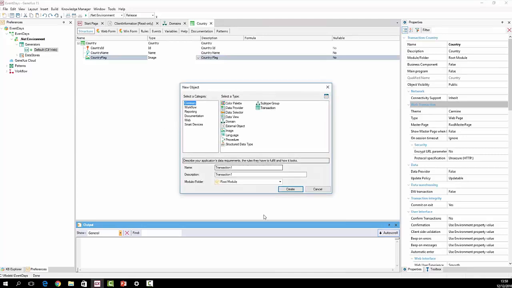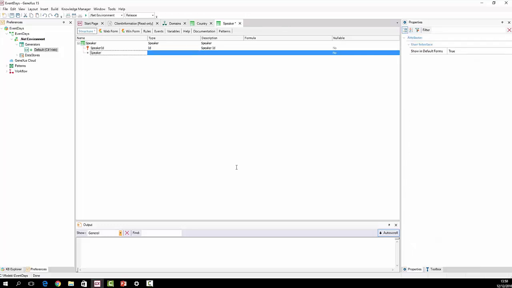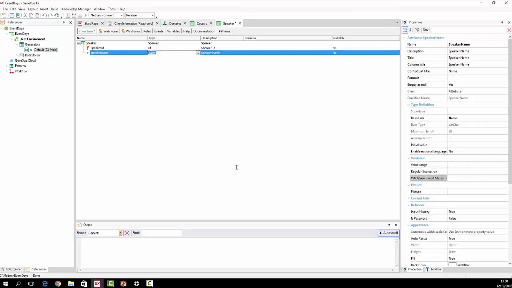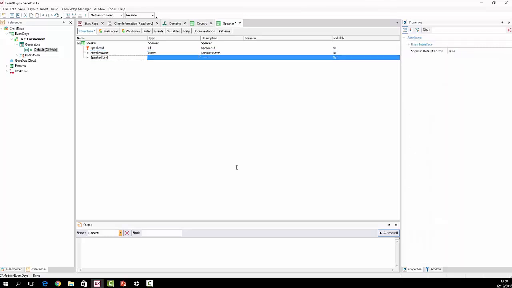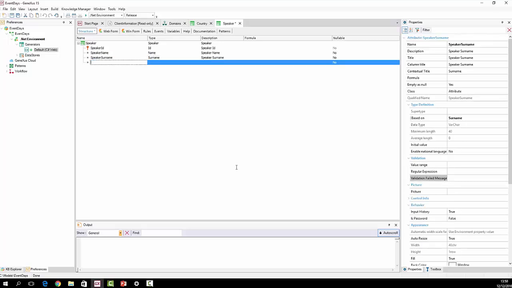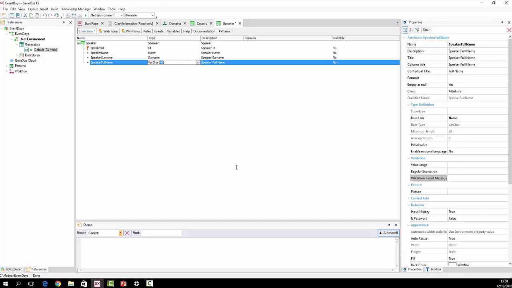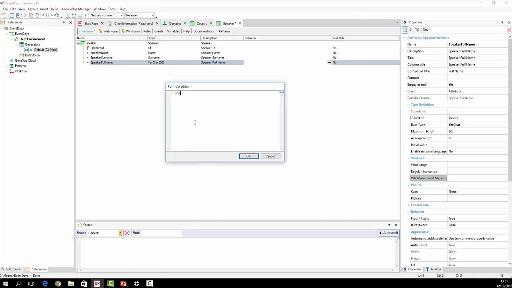Next, we will create another transaction, the speaker transaction, to record the speakers of our event. Speaker ID identifier. Next, we enter speaker name for the speaker's name of name domain, speaker surname of varchar domain, this time of 40. We will create a formula attribute, speaker full name, of varchar type 60. We define speaker surname